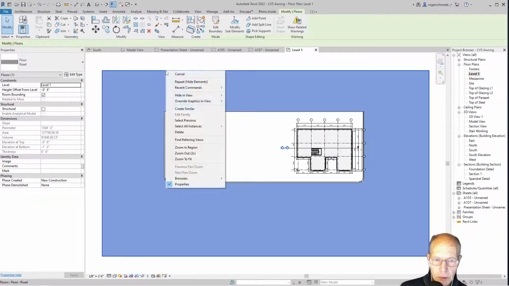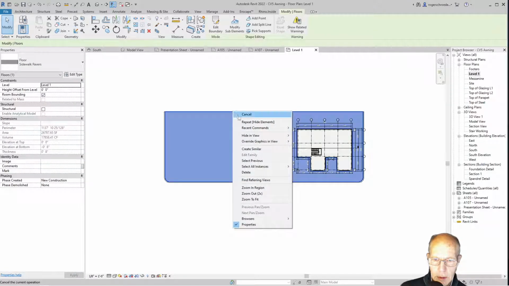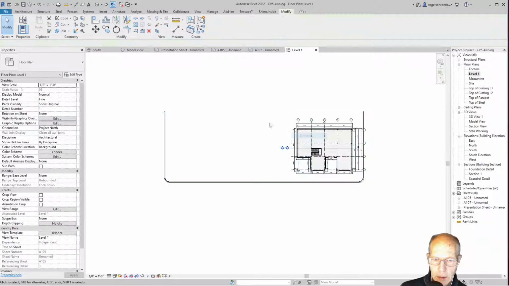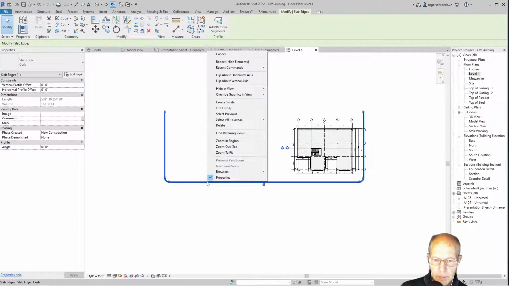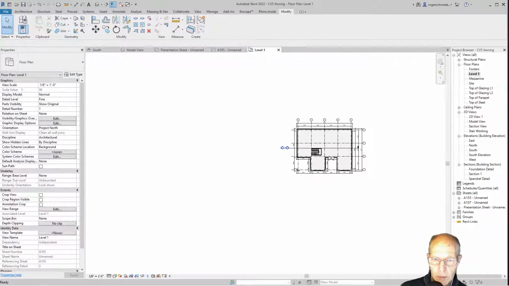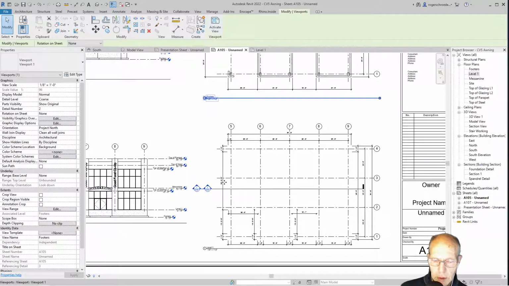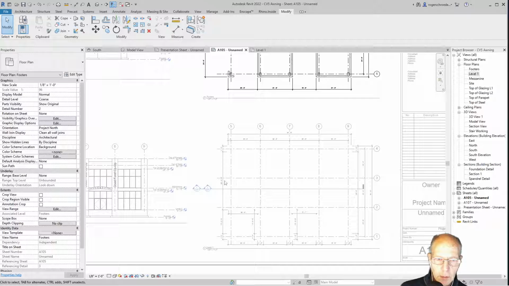So what I'm going to do is I'm going to do a hide and view for these two, the elements. And we'll get rid of the curves too. And then we'll go back to that drawing. We don't need the 107, we need the 105. And that's still not showing up, so that's a little bit of a concern to me. One of the things we might do is I could, oh,